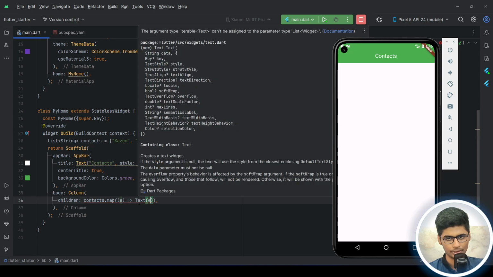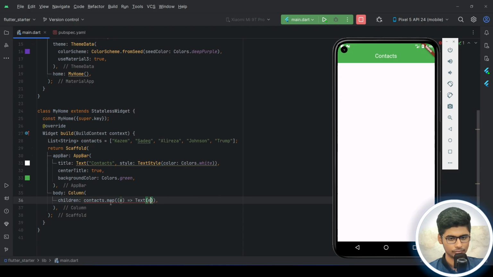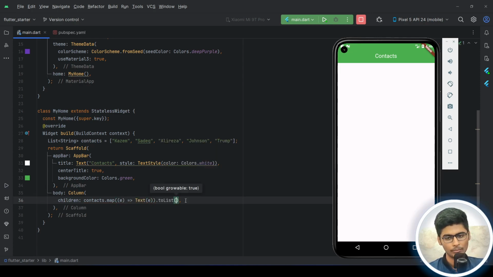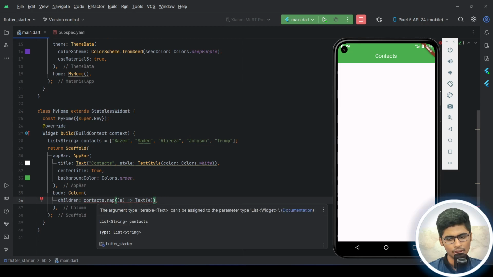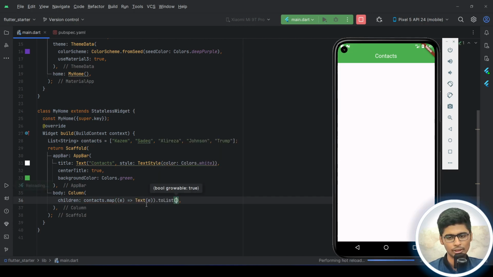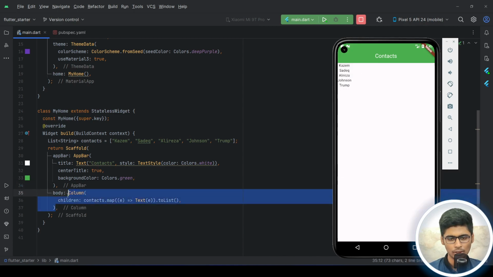Okay, what happened? It cannot be a list of widgets. Let me see. Okay, let's change this to a list, because we mapped this one and it takes an iterable, and it needs a list of widgets, not an iterable of text. It needs to be just a list. So I will change it to a list. As you see, we used this one to show the list of our contacts,